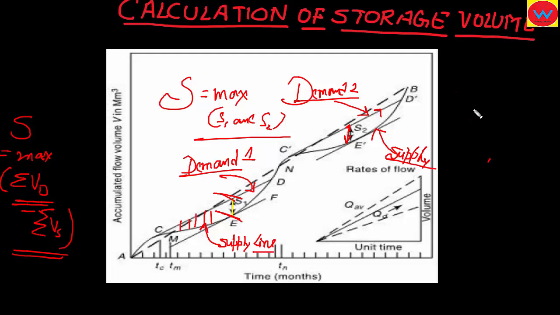We will look at one more concept in this related thing, that is your maintainable demand. What is this? The problem of determining the maximum demand rate that can be maintained by a given storage volume can also be solved by using a mass curve. In this case, tangents are drawn from the ridges of the mass curve across the next valley at various slopes. The demand line that requires just the given storage is the proper demand that can be sustained by the reservoir